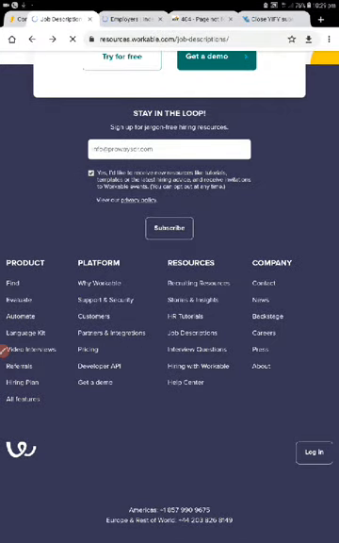Now here it says job description. Just click on these job descriptions and it gives you a list of all the job descriptions that they provide for you. So when you get to that list, just find the one that you want to post. So once you have seen the one that you want to post,